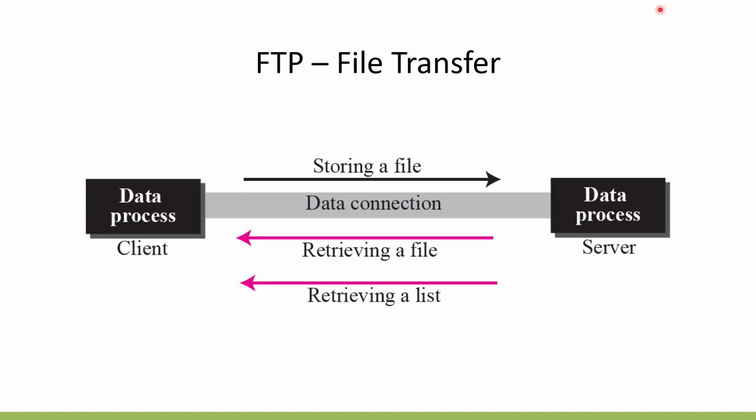File transfer occurs over the data connection under the control of the commands sent over the control connection. A file is to be copied from the server to the client. This is called retrieving a file. It is done under the supervision of the RETR command. A file is copied from the client to the server. This is called storing a file. It is done under the supervision of the